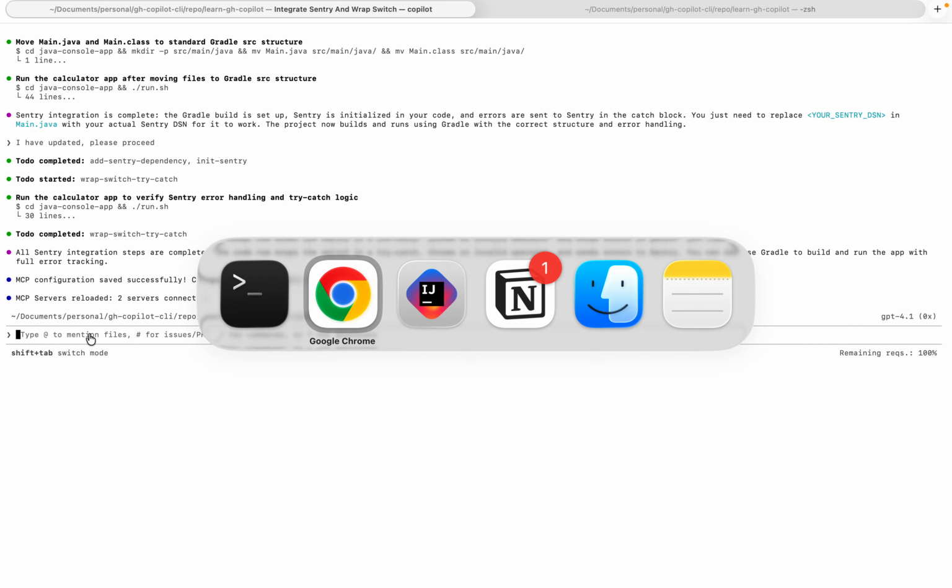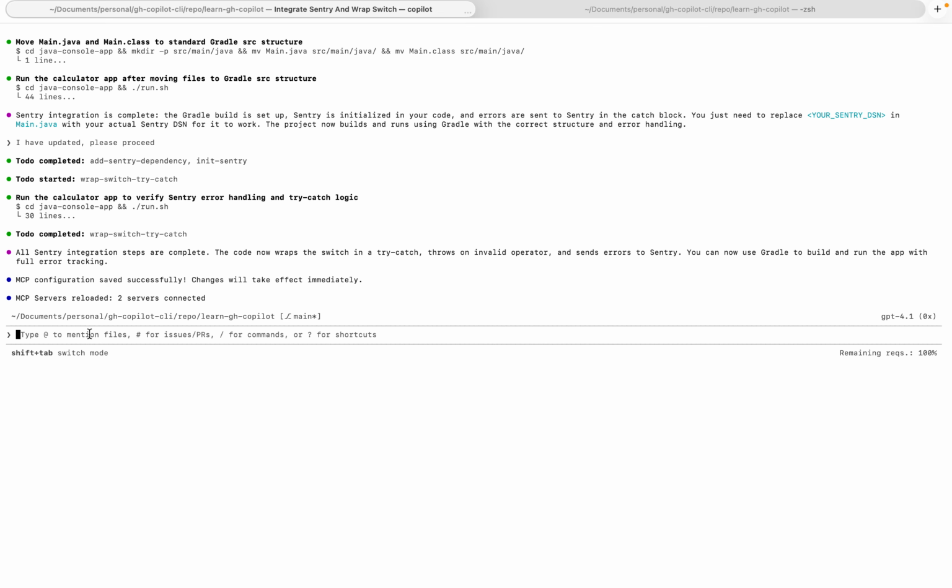And as we saw from the diagram, it will talk to Sentry using the Model Context Protocol and give the required information about our issues. So I will just say: explain the error,